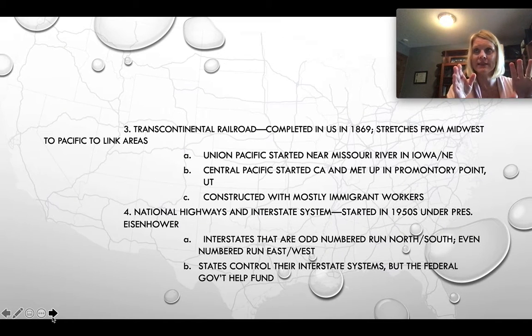Now, if you think about this, for many years, think about where the Mississippi River is, right? The Mississippi was what they used to get goods down into the Gulf of Mexico and to ship usually to Europe or Asia. Well, how do you get all of those resources on the other side of the Mississippi? And so they had to build a railroad, once railways were invented and they were able to build train tracks. But you know what you have to get across, right? You have to get across the Rocky Mountains. And so this was really another feat of engineering and American ingenuity.